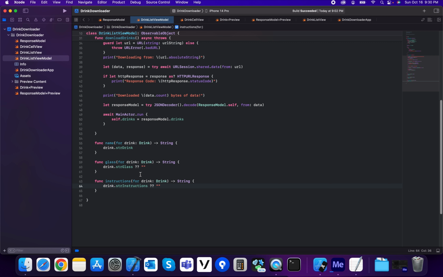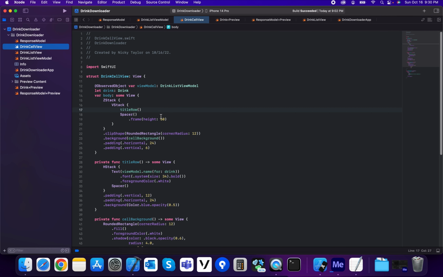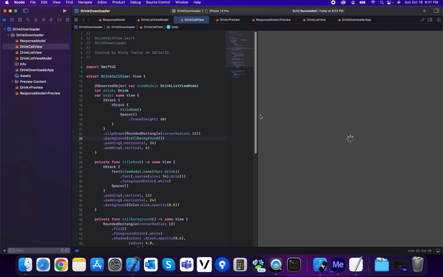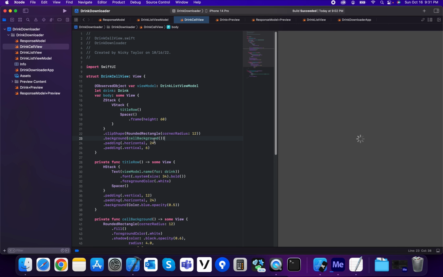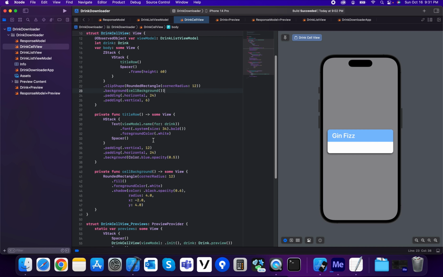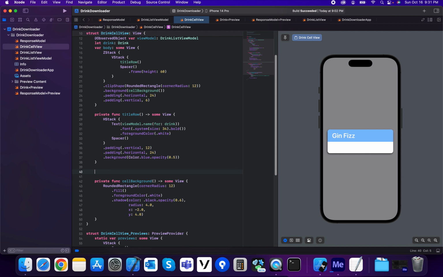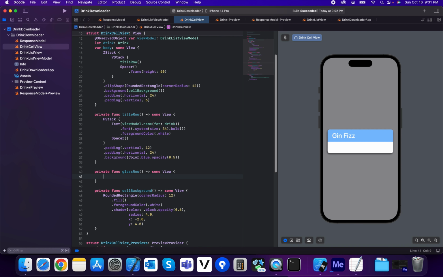So let's bone out some UI for that. I'm going to jump into drink cell view. I'm going to go ahead and kick open that preview. And similarly to how there's title row, I'd like to add a new one for glass. So private func glass row, and this is going to return some view. And I'd like to just do a similar hstack,